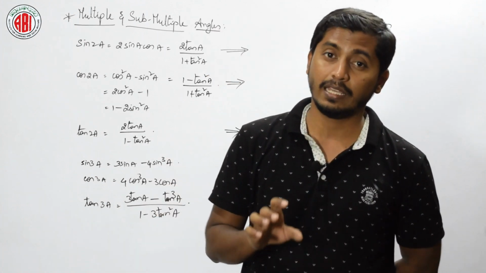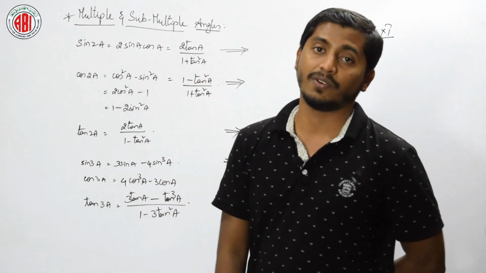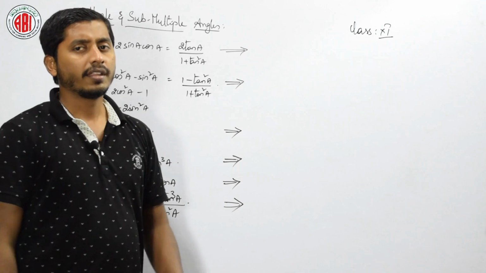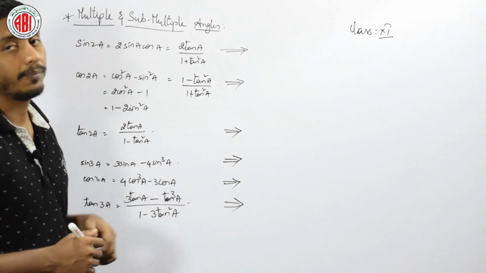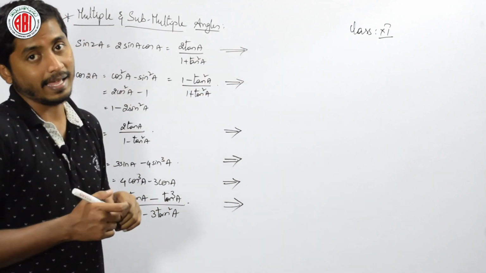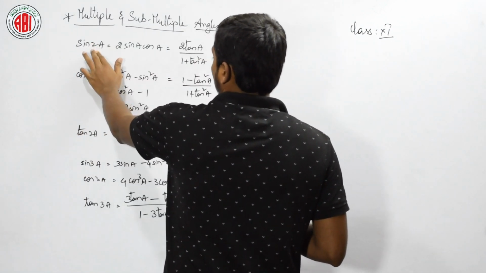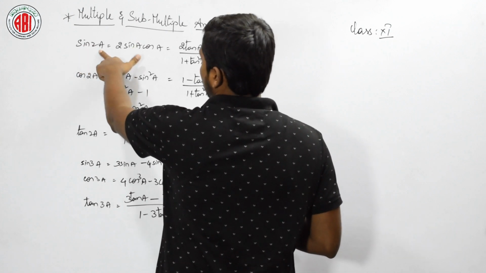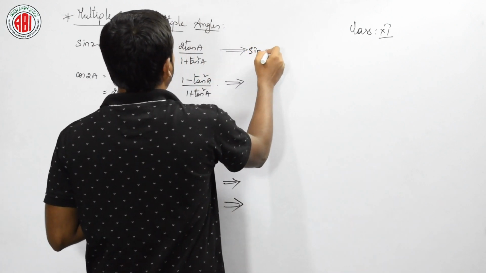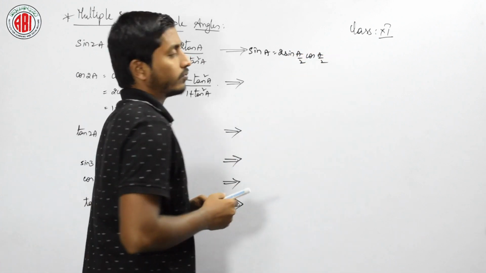Remembering these formulas is not enough, once again I am telling, these formulas have to be transformed in various forms. See here, it is 2A, then what if I want to find only a single A? Then they are half angles, or we can also call them submultiple angles. We just have to substitute A by 2 instead of this A, then it becomes A by 2, the 2 gets cancelled, and sin A is equal to 2 sin A by 2 cos A by 2, isn't it?